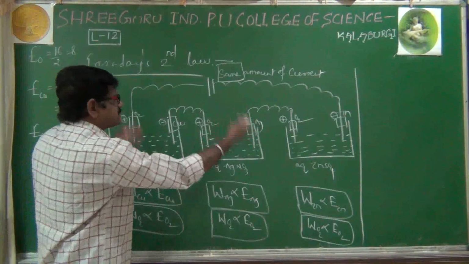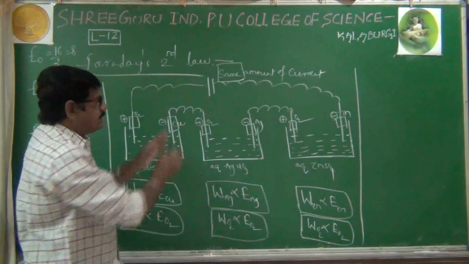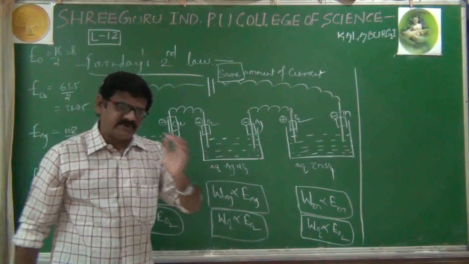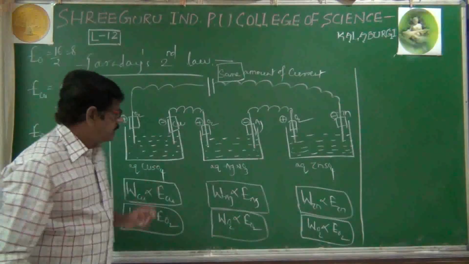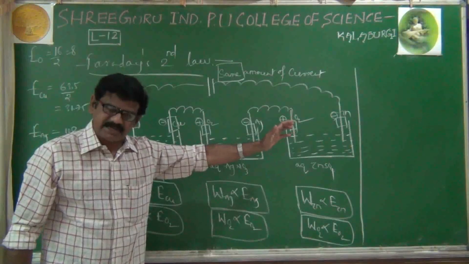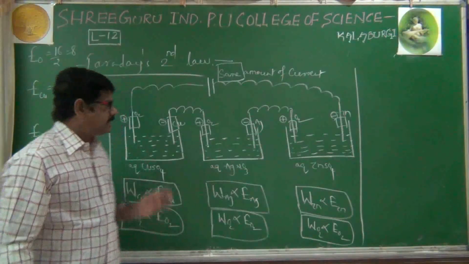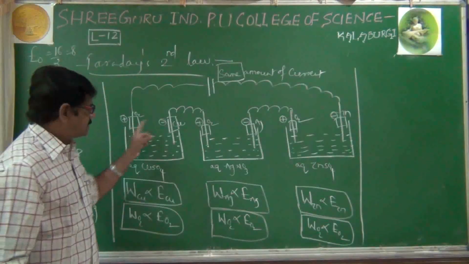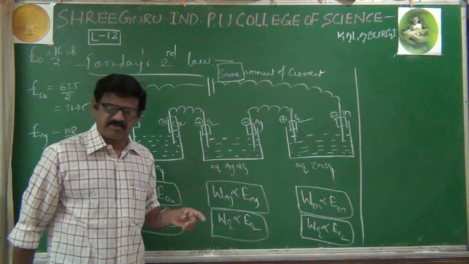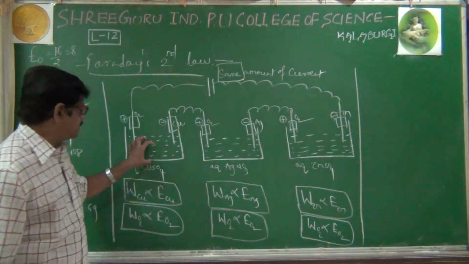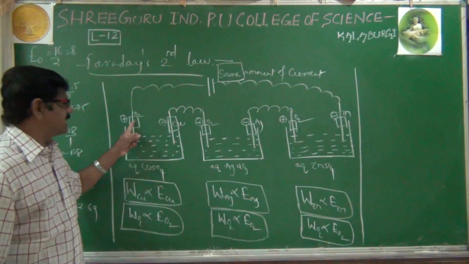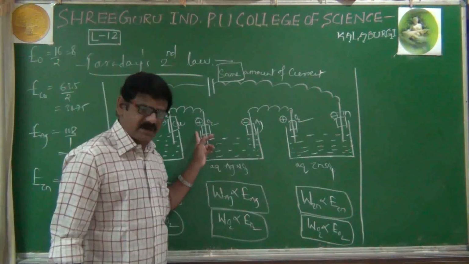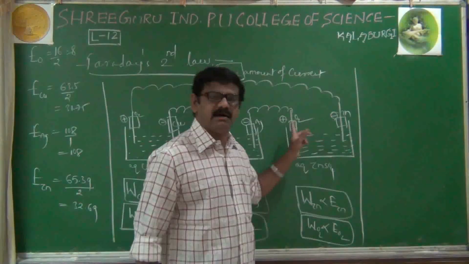All three electrolytic cells are connected to the battery, and from that battery the same amount of current we are sending into the three different electrolytic cells. Now in all electrolytic cells, what happens? The electrolysis process takes place, and because of it, at the respective electrodes their corresponding products are obtained. That's why in the first cell copper as well as oxygen are forming. In the second cell, silver and again oxygen, and in the third cell, zinc and oxygen.